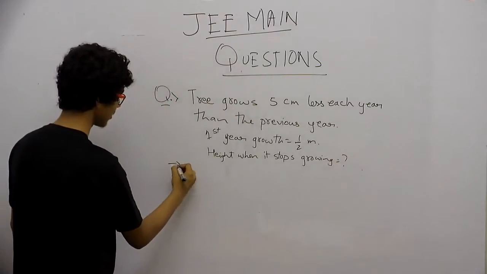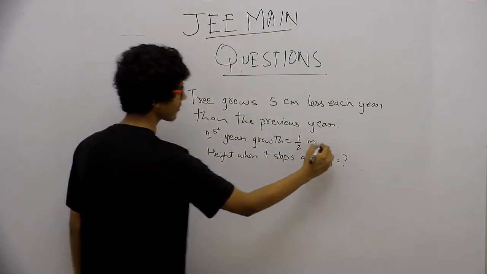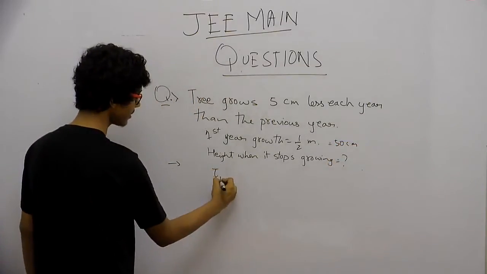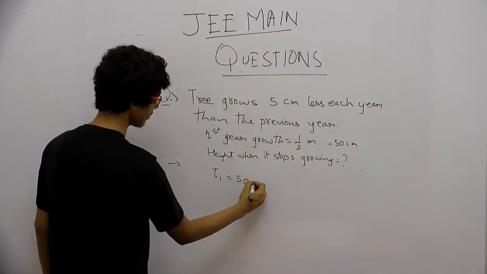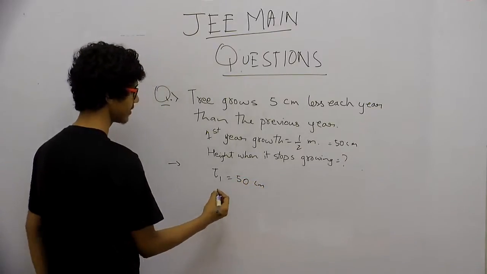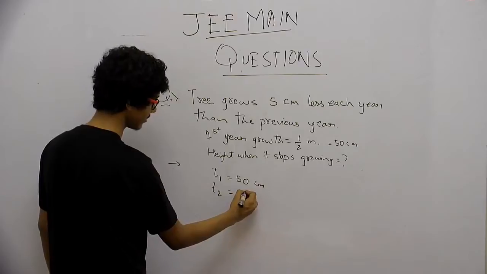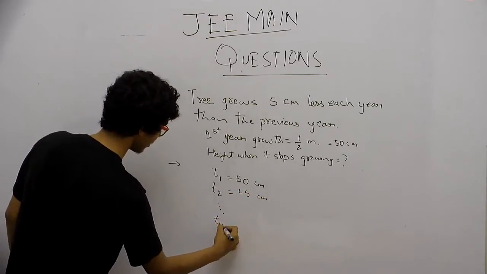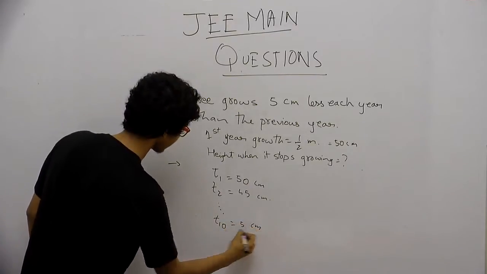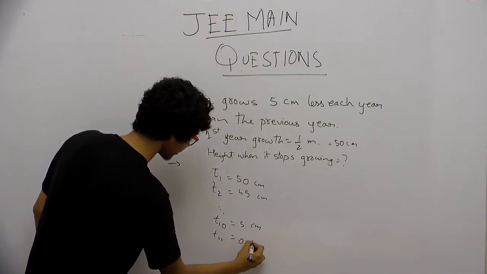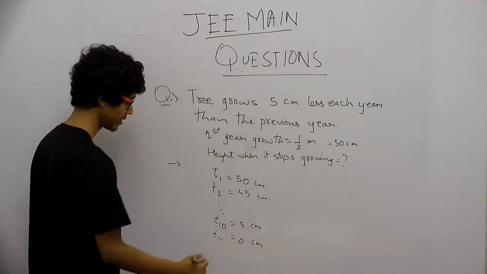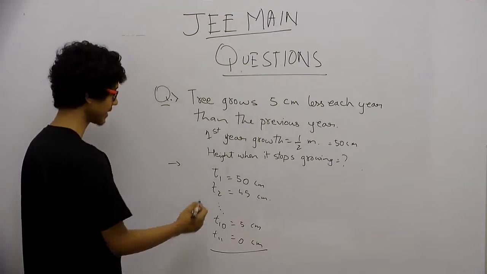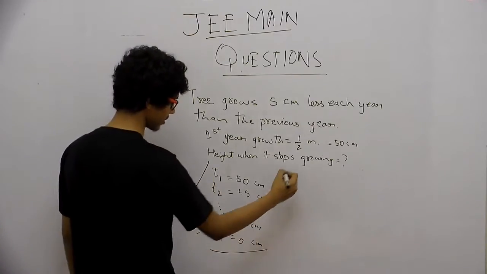ठीक है, तो हाफ मीटर हमारा 50 सेंटीमीटर हो गया। पहले साल में इसका ग्रोथ था 50 सेंटीमीटर, तो दूसरे साल में कम हो जाएगा 45 सेंटीमीटर। ऐसे ही हम चलते जाए तो T10 पे हमारा 5 सेंटीमीटर आएगा और T11 पे 0 सेंटीमीटर, ग्रोथ ही नहीं होगी ऑन द 11th ईयर। तो हमको टोटल हाइट निकालनी है, तो टोटल हाइट इन सब का समेशन होगा। तो बेसिकली it will